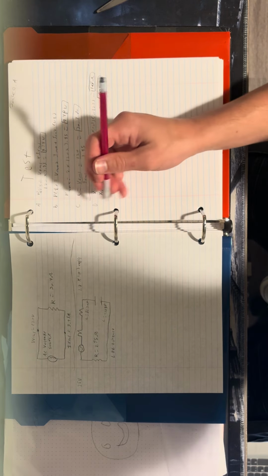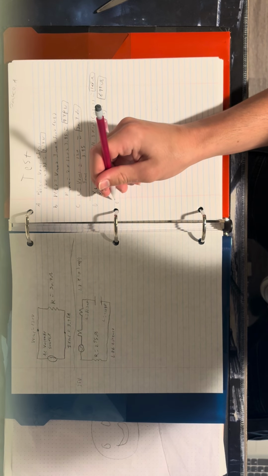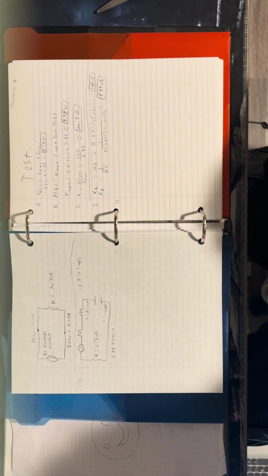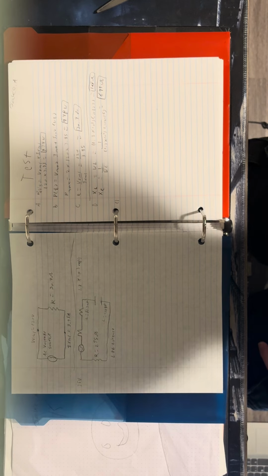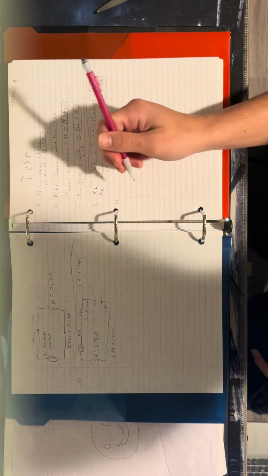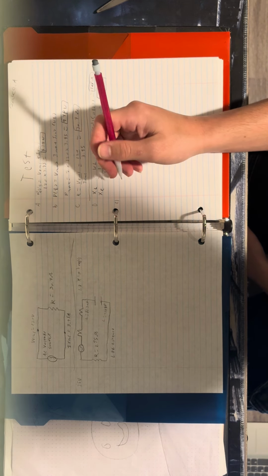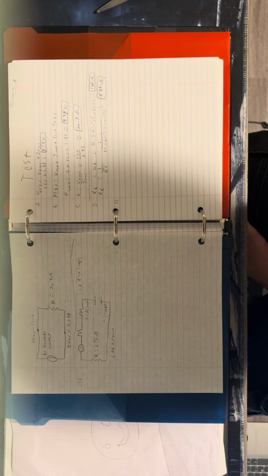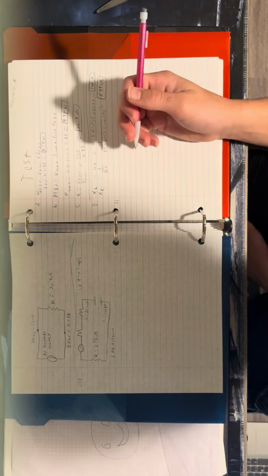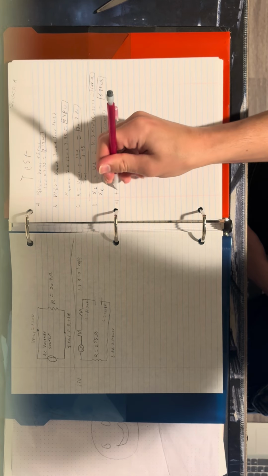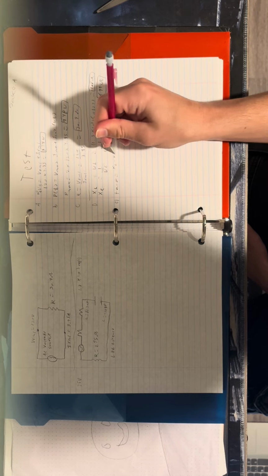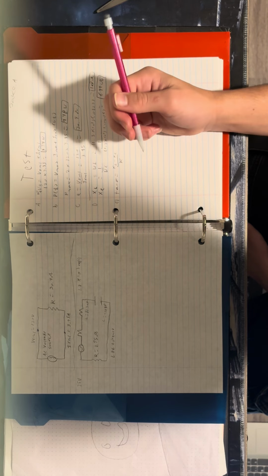Okay, I think that's it. And then for E, it's asking us to find the phase angle. For the phase angle, since we have an inductance and capacitance, we have to do tangent, and the tangent is going to be tangent equals XL minus XC over the resistance,